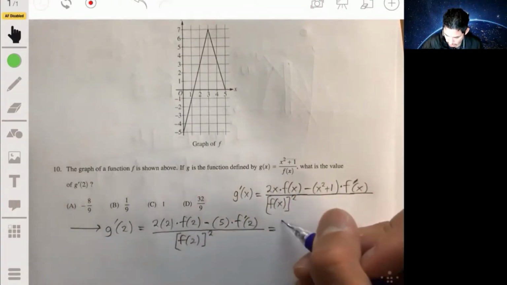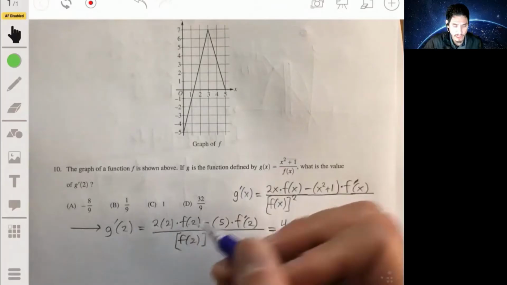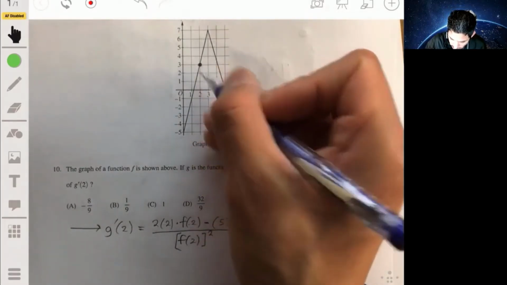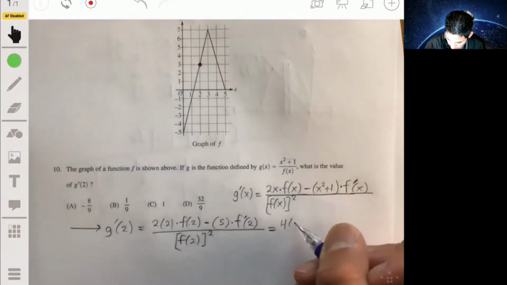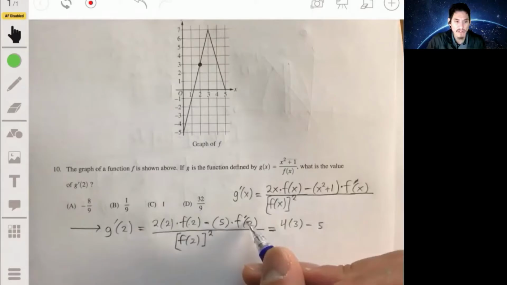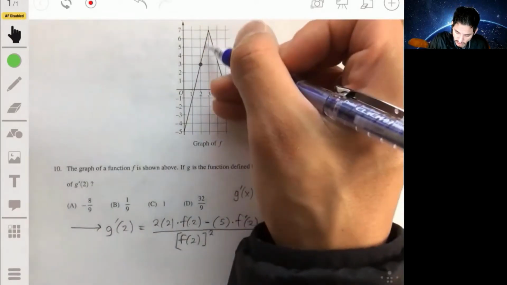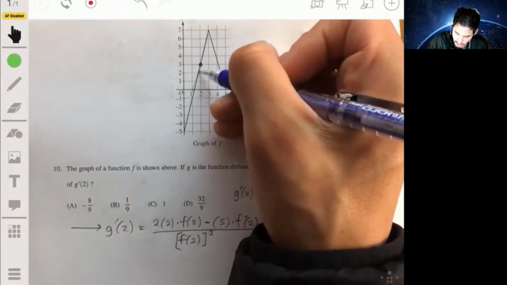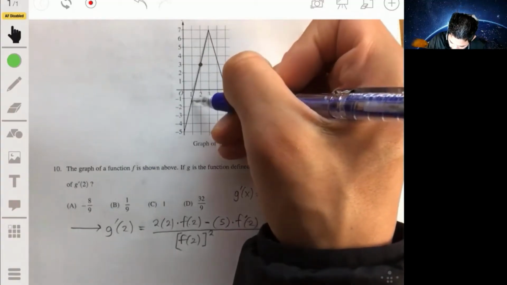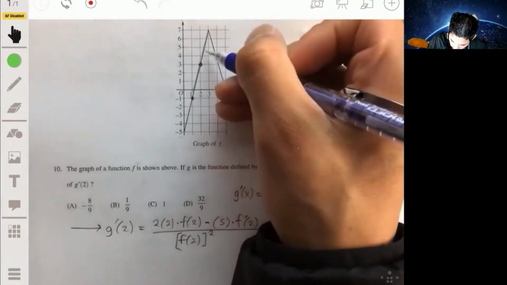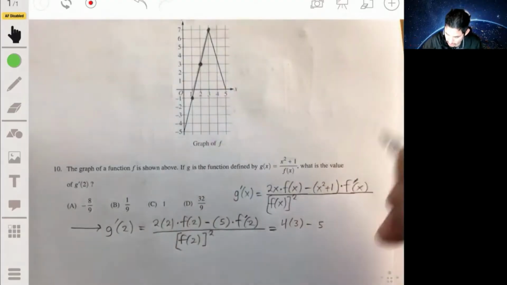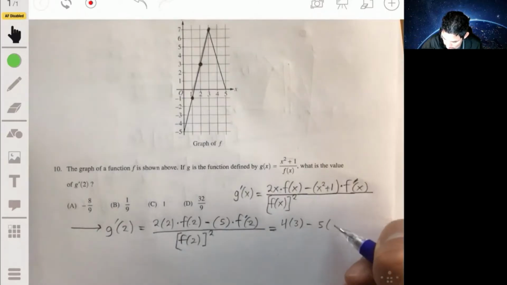Now it's 2 times 2, 4. F of 2, we look at our graph here. F of 2 will be 3 because we got the point 2, 3. So we're going to have 4 times 3 minus 5. Now f prime of 2 is the slope of this line at 2. The slope of this line, since it's linear, is going to have a constant slope of 4. It's always going up by 4 and over 1. So it'd be minus 5 times 4 here